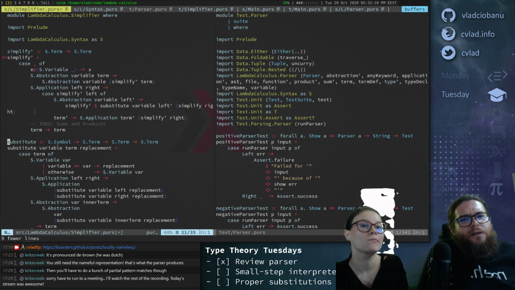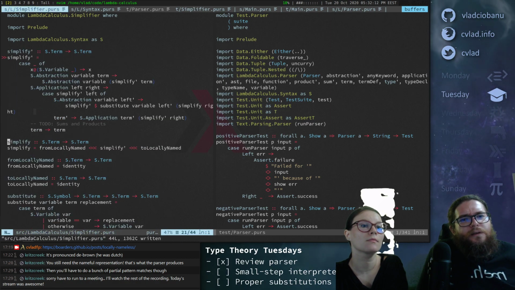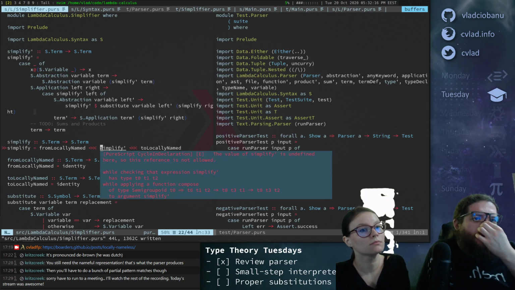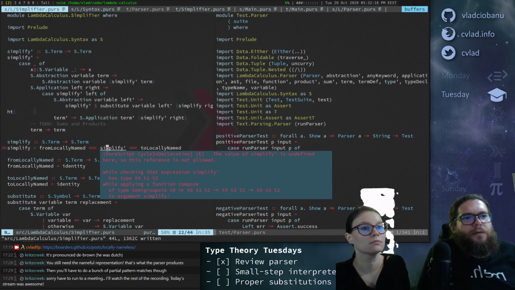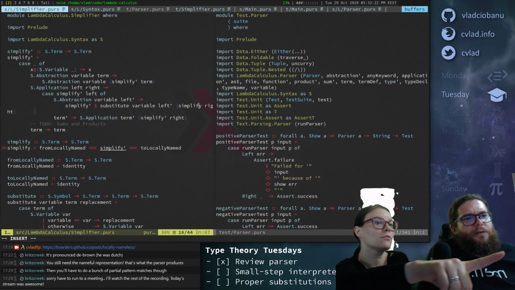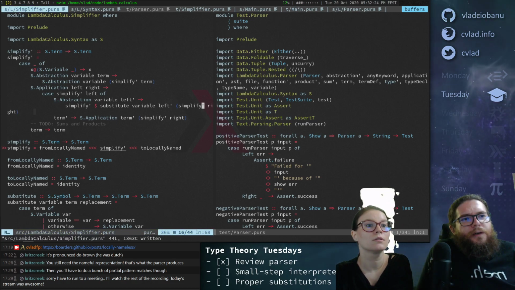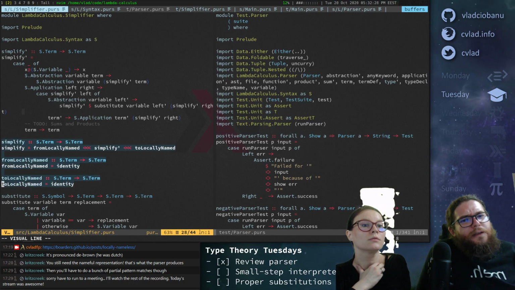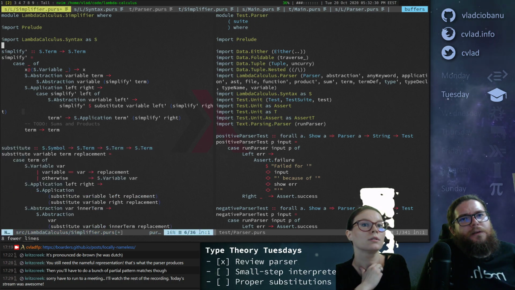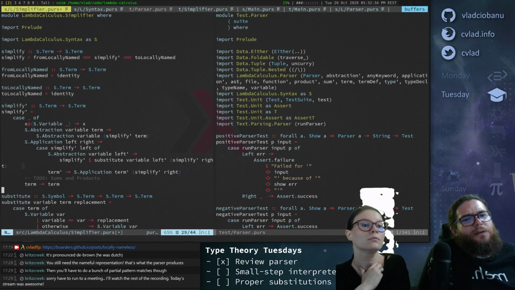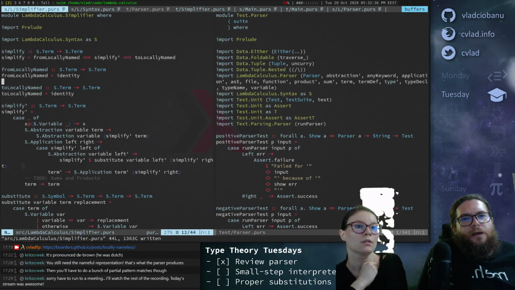What? Are you serious? I mean, that's a bug for sure, but I don't think that's a problem because they are functions. That's weird. Anyway, okay.